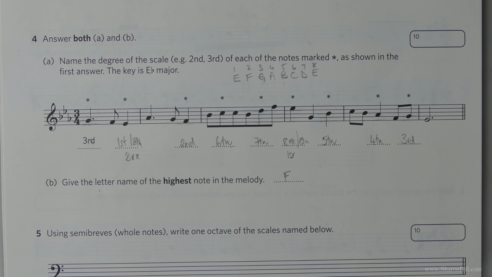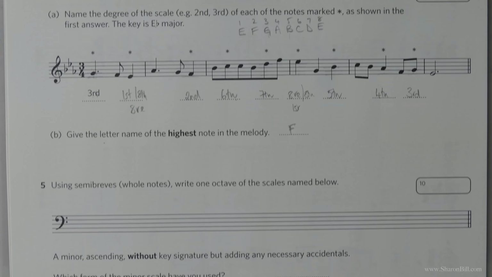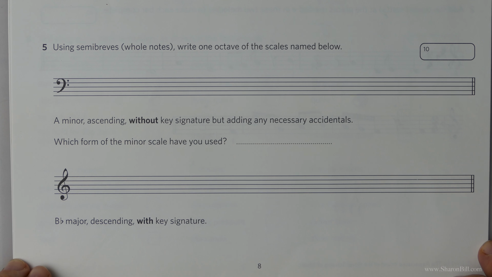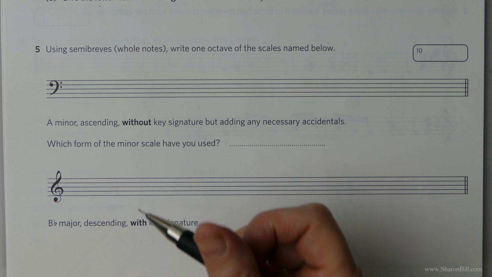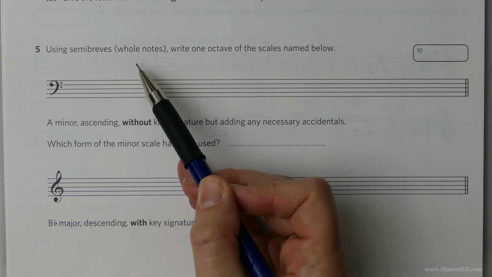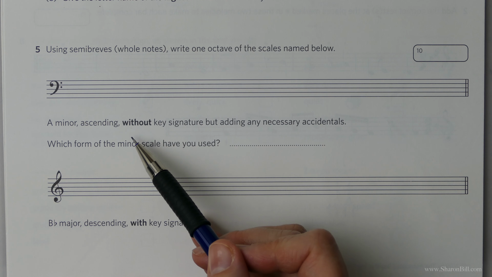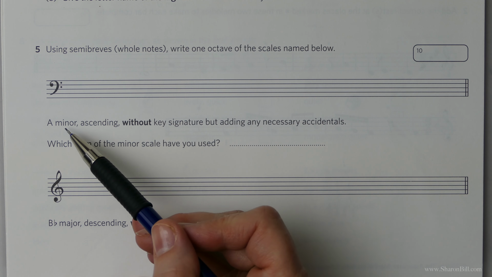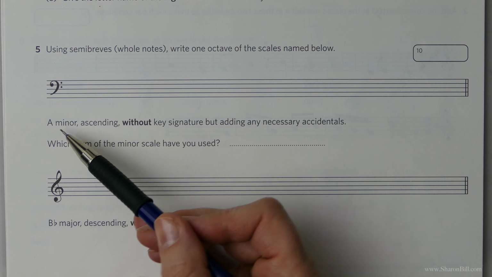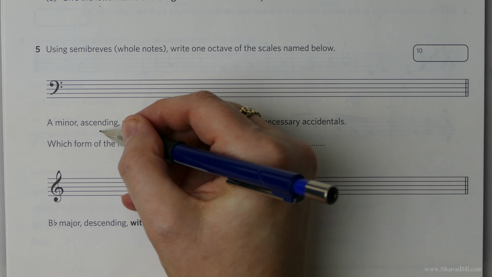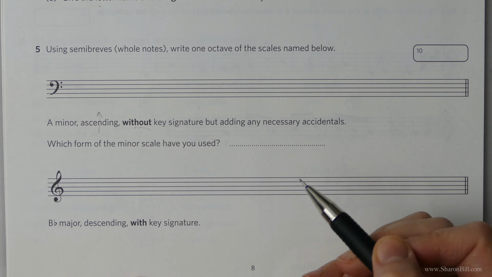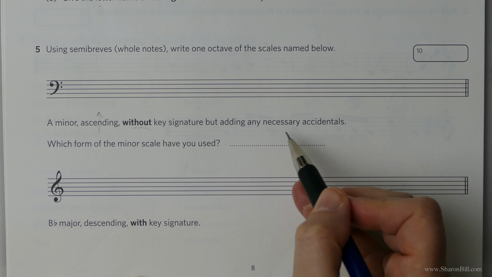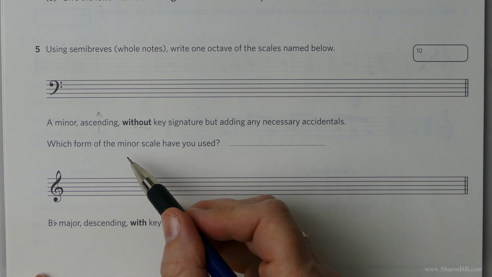Let's move on to the next question. So then, we're asked to write out some scales here. We're using semibreves or whole notes, so we don't have to worry about stems, and we just need to write out the scales as told here. So we need to write out A minor. We're in bass clef. We need to be ascending, going up. No key signature, but we need to add any necessary accidentals,